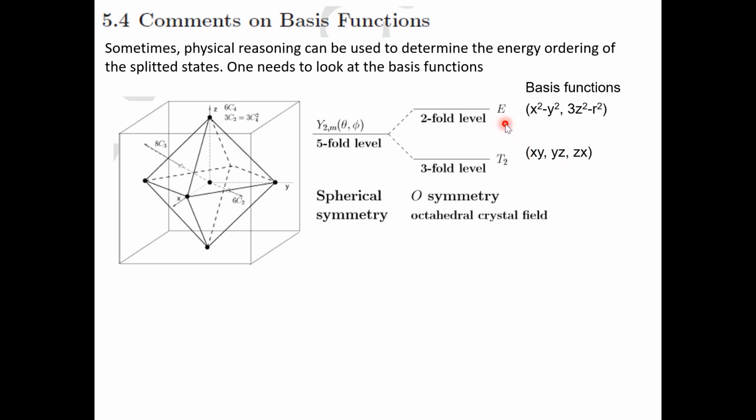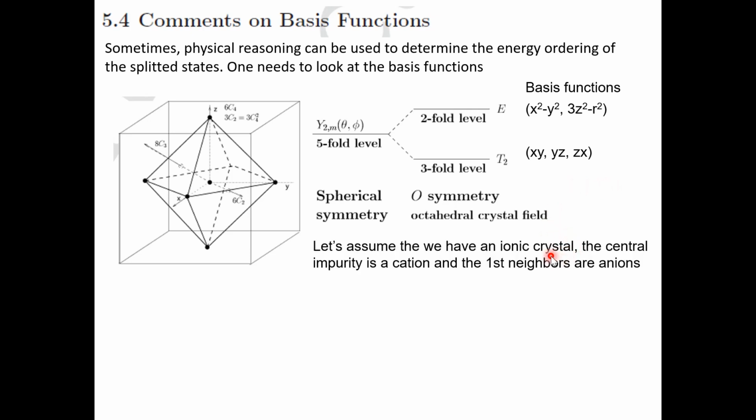And for the twofold degenerate E level, you get this combination of two functions. The two partners are x squared minus y squared and 3z squared minus r squared. Okay. All right. So if you look then at the shapes and you combine this with the information, let's say,